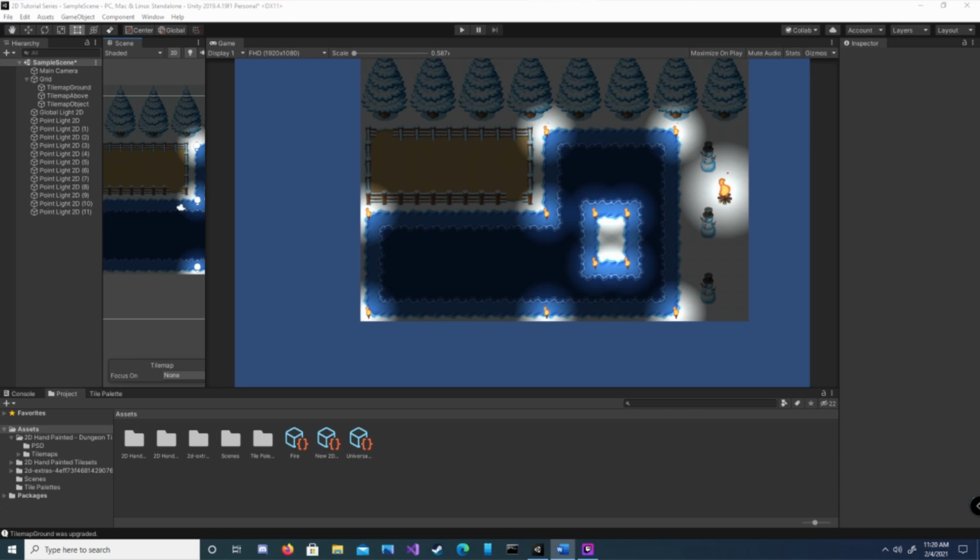Today I will walk through how to use lighting in 2D projects. We will modify the 2D project made in my previous videos to use the 2D lighting as you can see